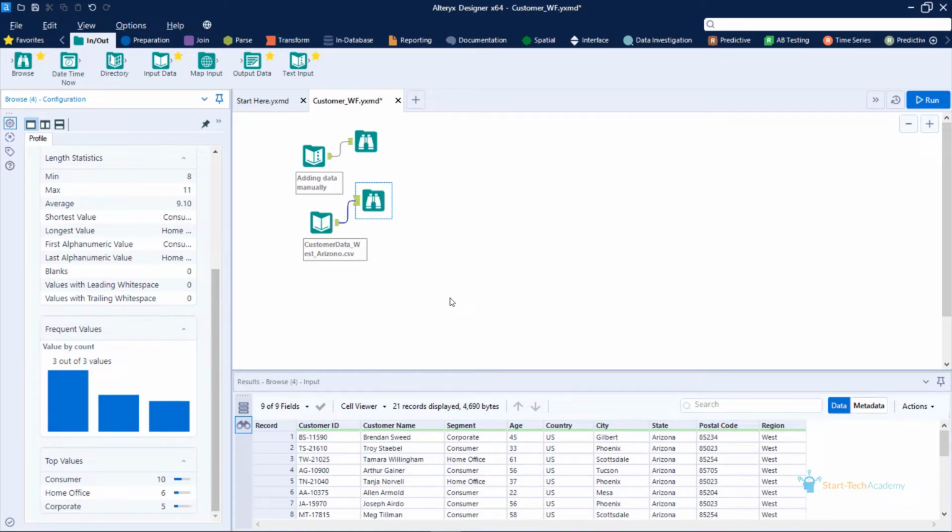In this video, we will learn how to import data from a text file or a .txt file. Text file is a very common format for storing data. So let us see how to import data from a text file.